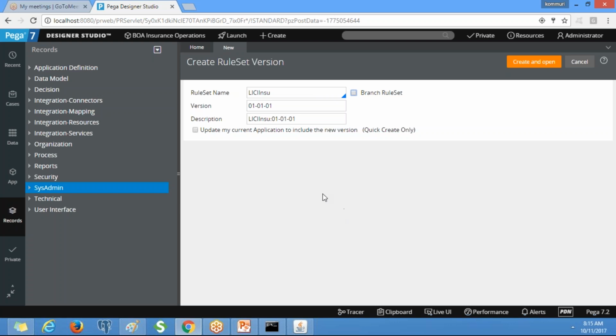If you create the next version, it will be like 01-01-02, or 02-01-01. I will explain what the first 01, the middle one, and the last one mean. As of now, remember a rule set is a combination of rule set name and rule set version. Now create and open.